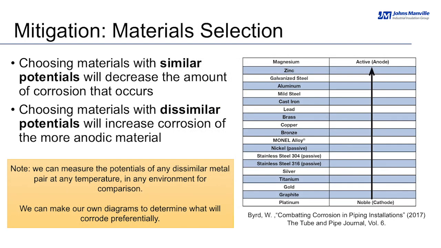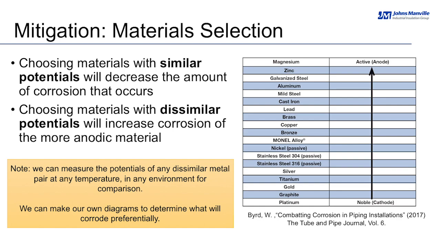So it is important to talk about material selection, because in order to minimize or avoid those types of corrosion, choosing materials with similar potentials will decrease the amount of corrosion. Okay? Choosing materials with dissimilar potentials, if the potential difference is significant or larger, will increase the corrosion of the more anodic material. The table on the right shows that the more noble materials that act as cathodes are platinum, gold, graphite, titanium, silver, and the materials that would corrode much more easily are zinc, galvanized steel, aluminum, mild steel, and so on. The key is that there has to be a well-thought design of materials that will go